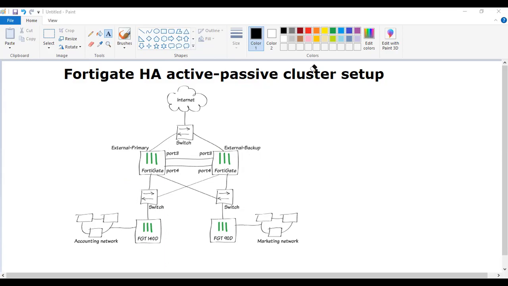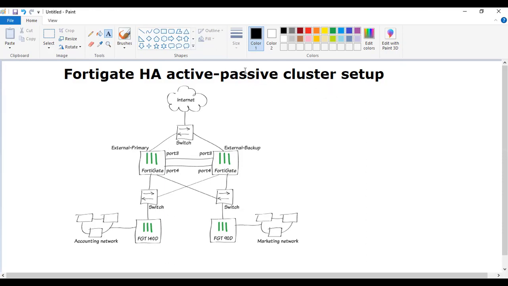Make sure your FortiGate interfaces are configured with static IP addresses, not any DHCP or PPPoE IP address. LAN or WAN interfaces must be connected via layer 2 or layer 3 switches. And all the FortiGates in a cluster must have the same configuration. These are the prerequisites for HA configuration.